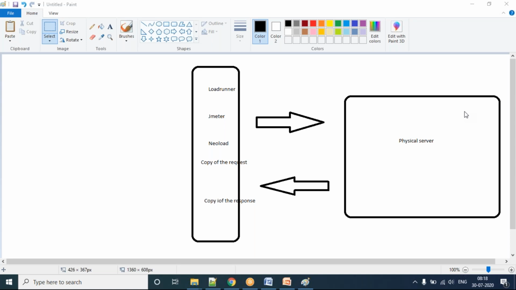Browser is missing. Exactly, Tarun. Yeah, the browser is missing. Whatever report we are giving does not include your browser rendering and browser page painting. You can even call it the client side response time. The client side response time is missing. That is the problem with your current performance testing report.